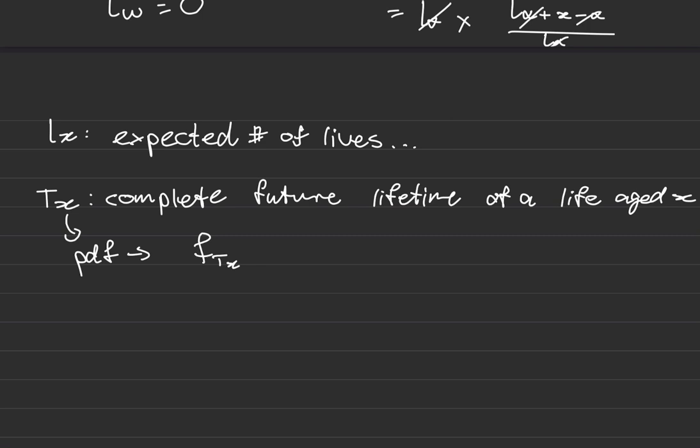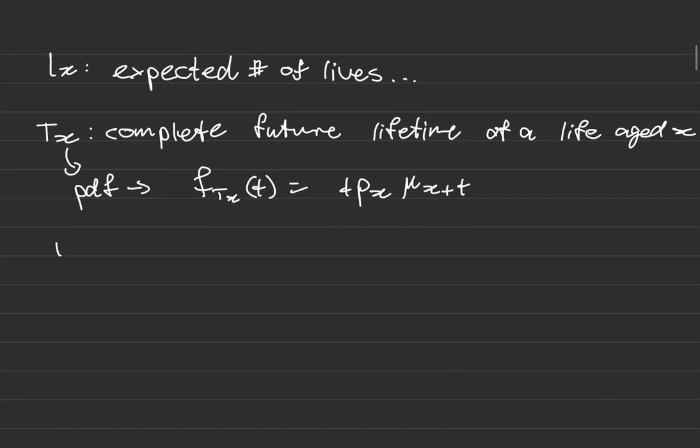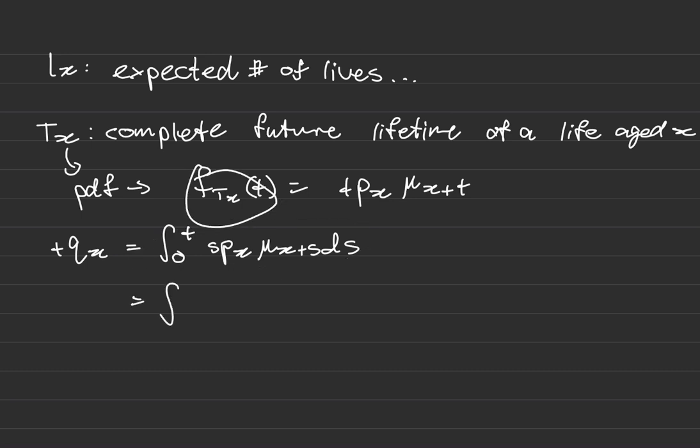So I could expect someone to live over 100 years with a certain probability, or less than 100 years with a certain probability. And so I have a PDF for this, which is going to be equal to tpx times mu x plus t. Okay, now as you remember, our formula for tqx was equal to the integral from 0 to t of spx mu x plus s ds. So what I've essentially done here is I've integrated this PDF